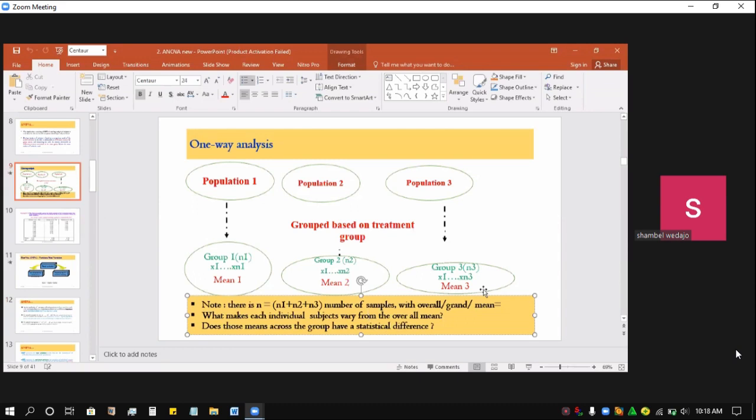ወይም እስኪ በነርሲንግ ልምጣላችሁ። ነርሲንግ ላይ በሽተኛ ብናስብ፣ ሬስፓራቶሪ ኢልነስ ያላቸው በሽተኞችን አንዱን ግሩፕ በአሞክሳሲሊን አከምነው፣ አንደኛውን ግሩፕ ደግሞ